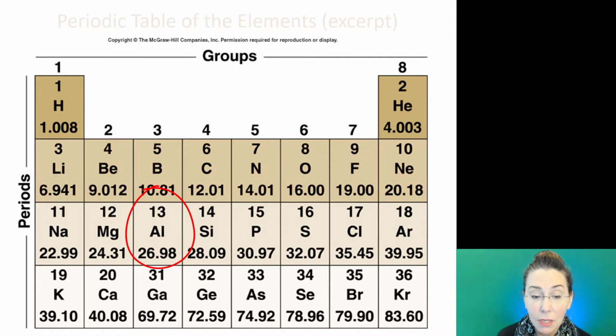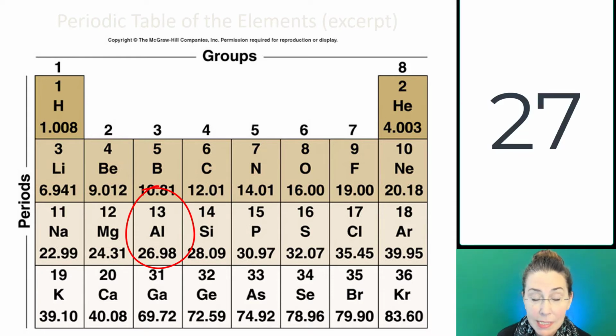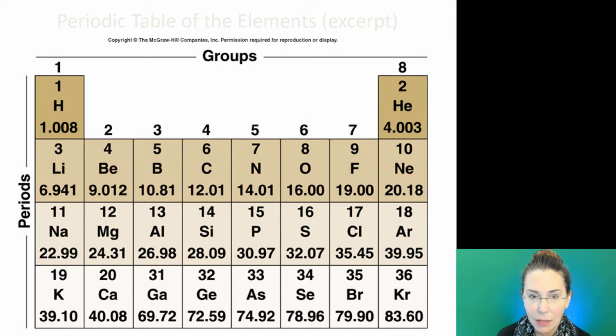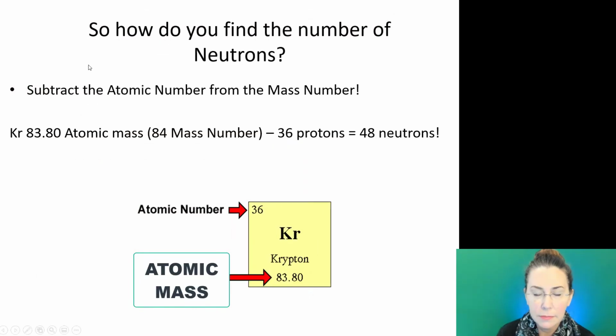Well, the mass number of aluminum would be 27, because if we round 26.98 to its nearest whole number value, that would be 27. Remember, mass number is the total number of neutrons and protons in an atom. So how can we find the number of neutrons? Well, we subtract the atomic number, which is the number of protons, from the mass number, which is the protons